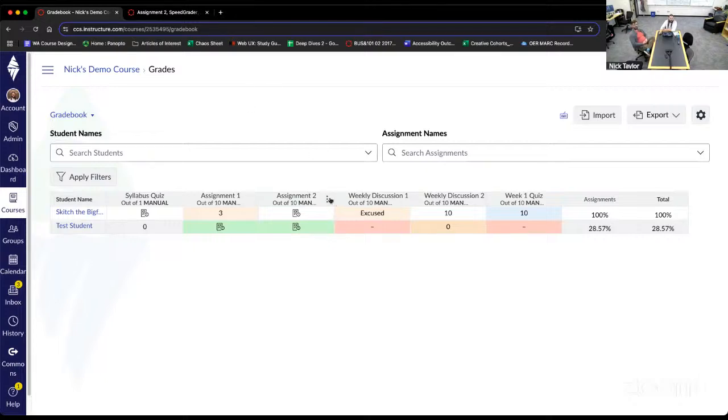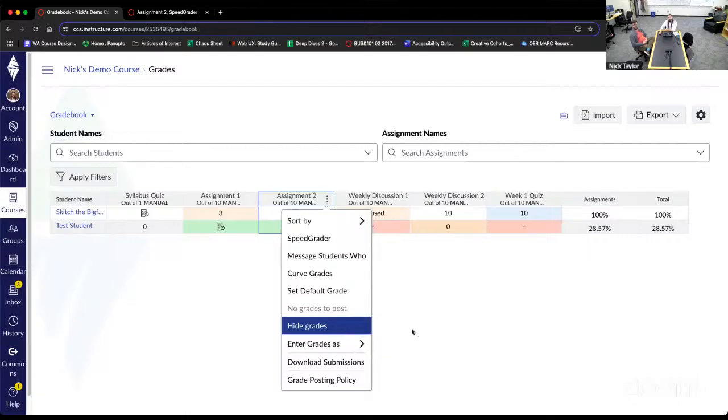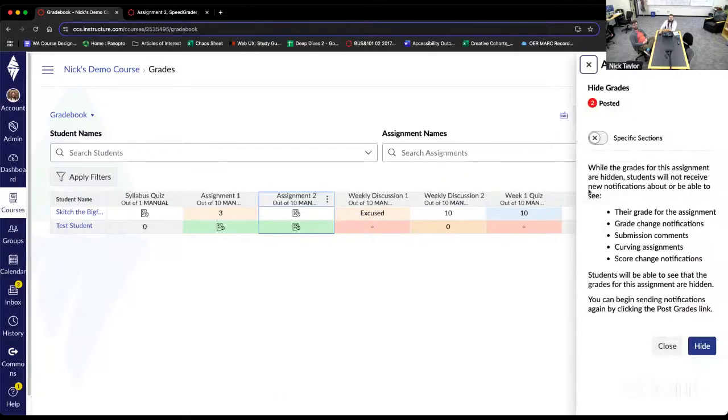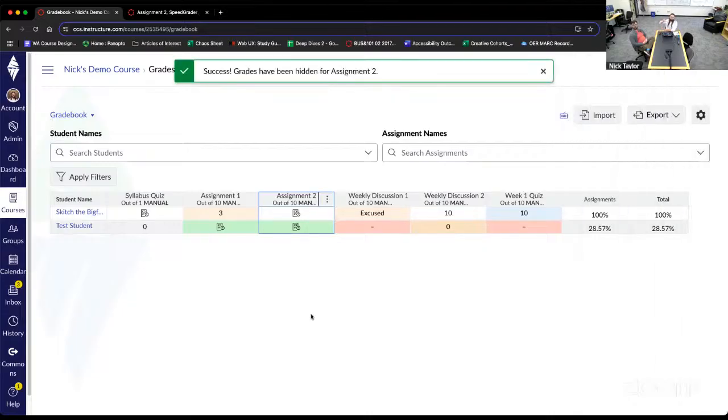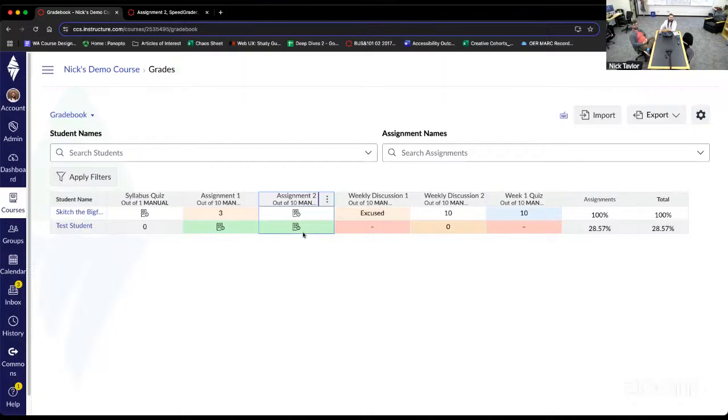But with that, as Tom was saying, you've got that hide grade option in SpeedGrader. You can also do it in here, and this is kind of my after-the-fact, I kind of screwed up option. The grade posting policy, I think, is something you want to do before you get to the point where there are submissions, because again, it's really messy, and it can be a whole vibe,